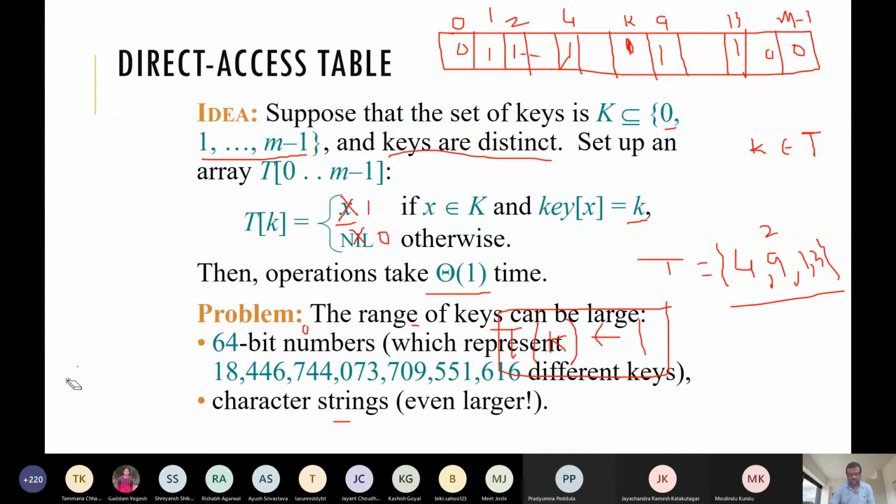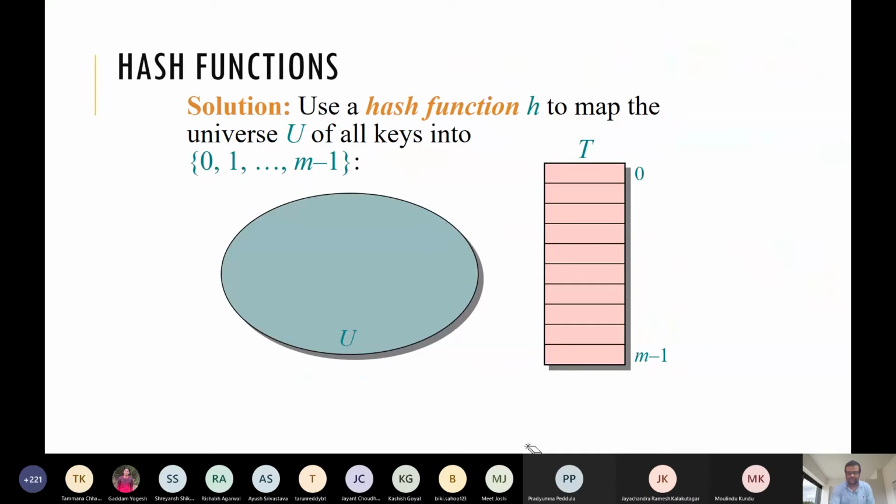If the range of the key can be large, if it is a 64-bit number, then this is the size of the key. A 64-bit number means the maximum is all ones, so 2 to the power 64. So if the key size is more, then we have a problem. So to avoid that, what do we do?